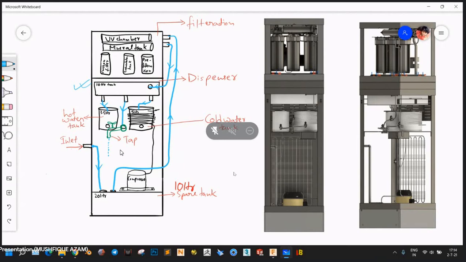The filter would suck the water out, because we have a pump in the filter. The filter will suck the water and distribute it among the chambers: UV chambers, mineral tank, carbon filter, sedimentation tank, pre-filtration, post-filtration, and all those tanks, as you can see, we have all those tanks over here. Okay,